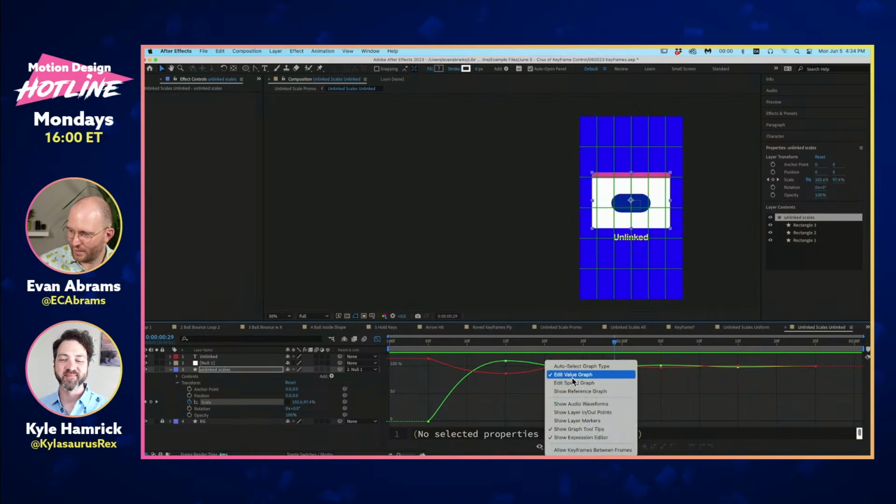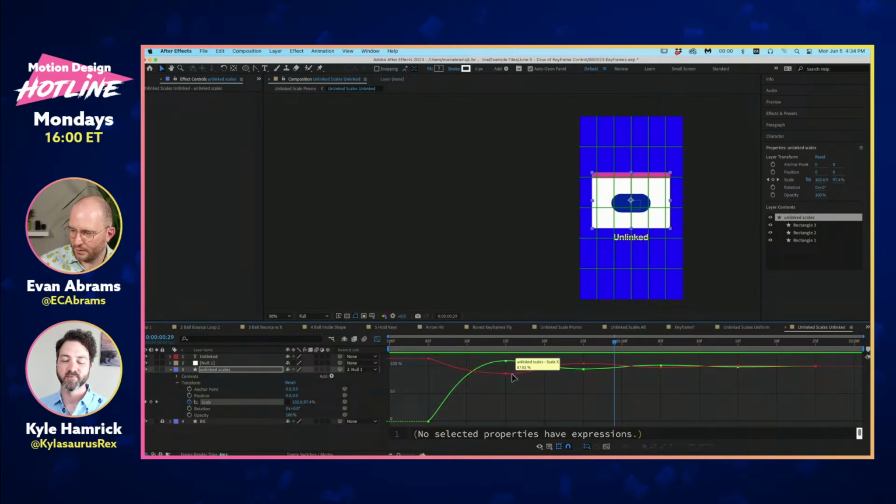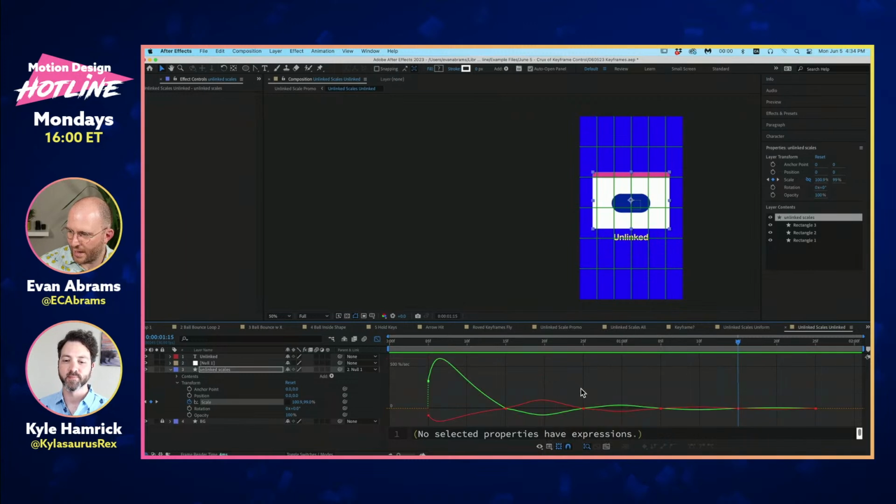So we are currently observing a value graph, right? And so what we've got here, if we look at the red line is our horizontal component, I think. Yes. So the horizontal component is coming from above 100%, shrinking down to below, right, to 86, and then going up, and then going down, and then going up again. If we go into a speed graph,